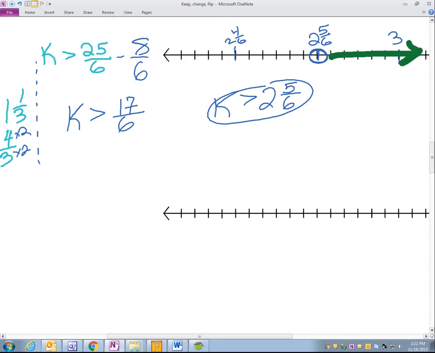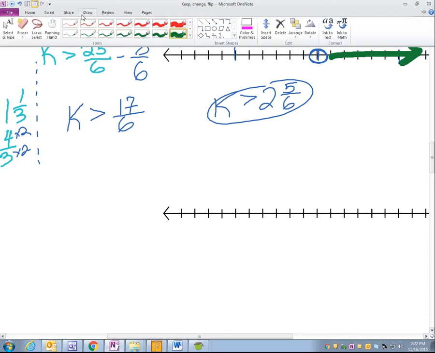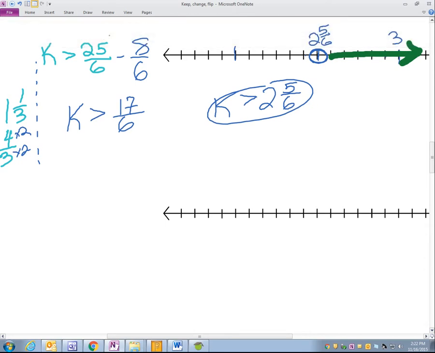I chose to just do 3 and 2 4/6. I don't care what number you use, just as long as you remember that to the left is smaller, to the right is bigger, and